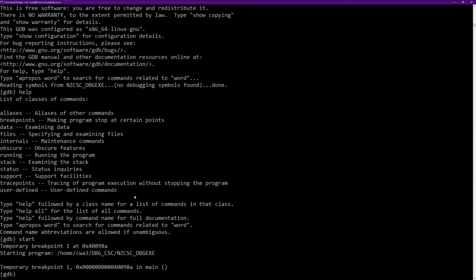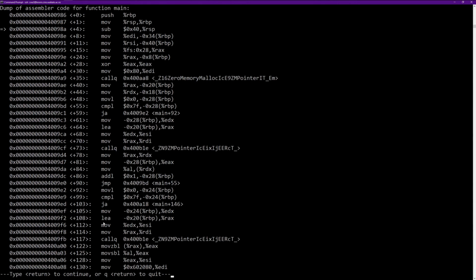You can break on as many functions or addresses as you want, same as in Windows. I mentioned earlier there was a disassembly. The access to disassembly is by typing disassembly, but there is a short alias for it called disas, which will give us the disassembly of function main, which is where we broke. We broke on this line here, which is indicated by this little equals greater than sign, and we can see all of our program's compiled